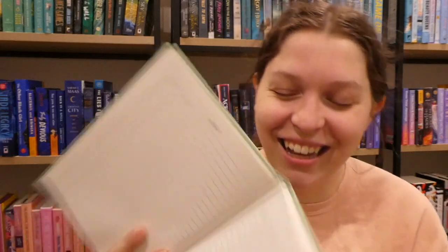Oh, we have an index. The bullet journaler in me is so happy we have an index. So they have certain pages that they've done in terms of books to read, books finished, favorite books, DNFs, books lent and borrowed, and then 100 pages of book reviews. Then they have some extras with a daily reading tracker, a reading challenge, a draw-in book stack. Yes! Okay, so first things first, we have our...